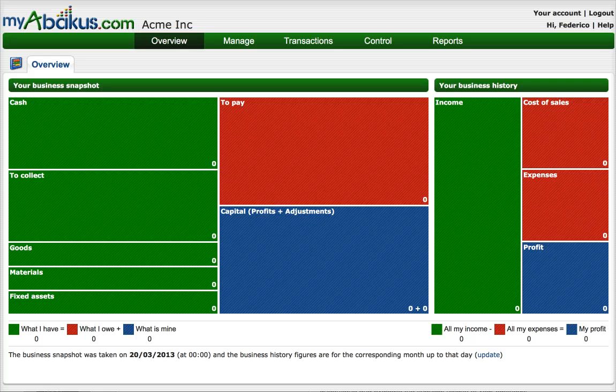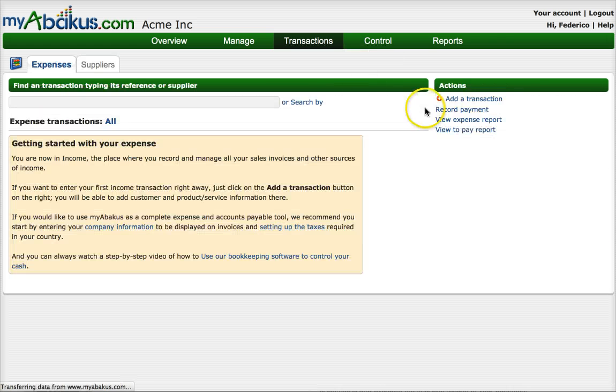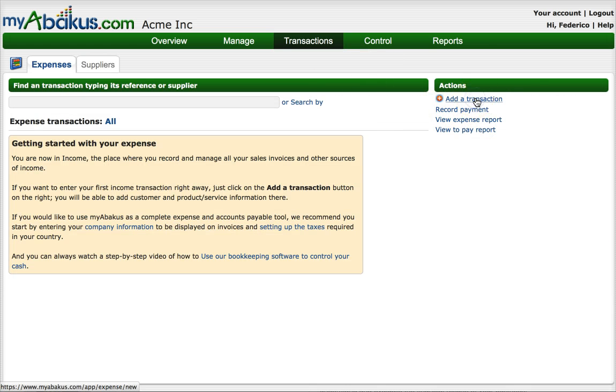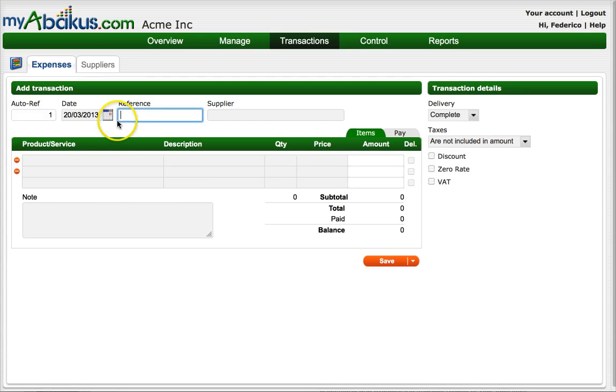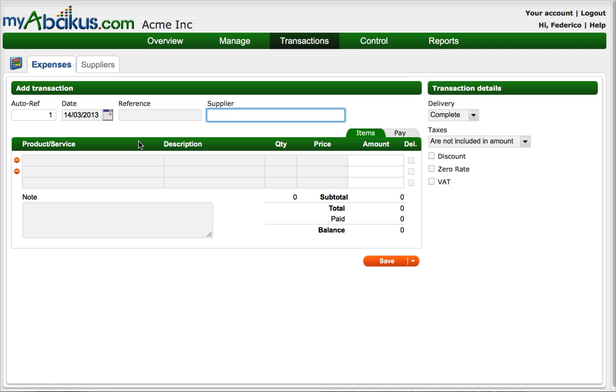So what are we going to do right now in a quick and simplified way is replicate that process using the demo company that I called Acme. So let's start by going to transaction expenses, and we're going to add a transaction. We're going to say this happened last week. Our supplier was Warner Brothers. We bought